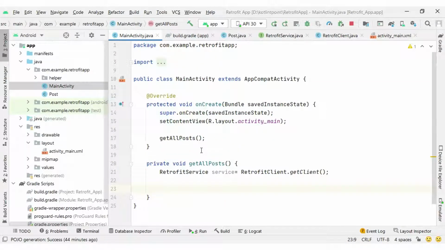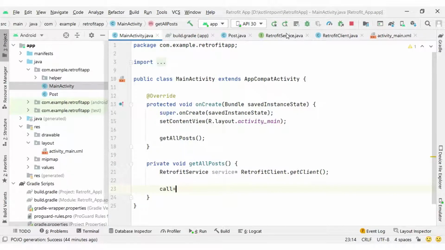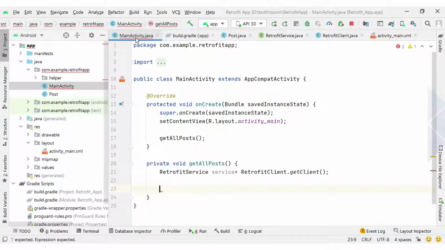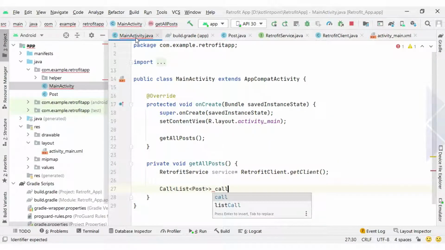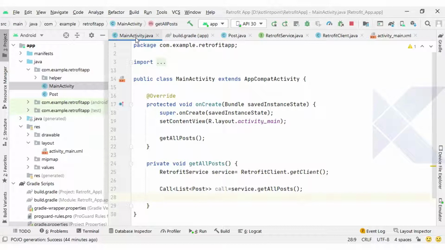So let me call that method, and it will return this kind of data as we have set the return type Call<List<Post>>. So accordingly let me have Call<List<Post>>, and the type of instance call = service.getAllPost. Okay, so we call that method, it will return the interface Call instance, and with the Call instance we have methods.